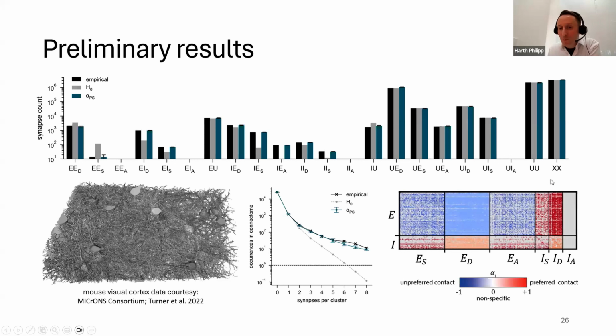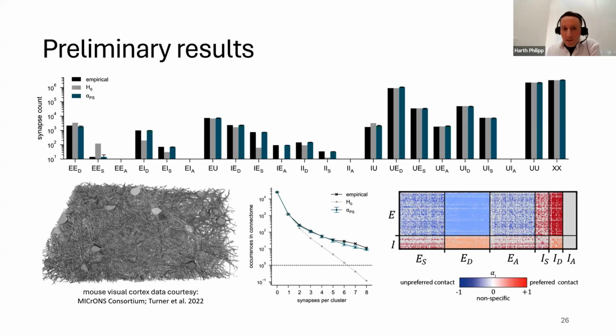And in fact, one limitation of these data sets is that most of the synapses that you find in these reconstructed volumes are not traced back to a soma, so they're not tied to a specific cell type. And the gray bars are our null model. This would assume that we don't have any wiring preference.